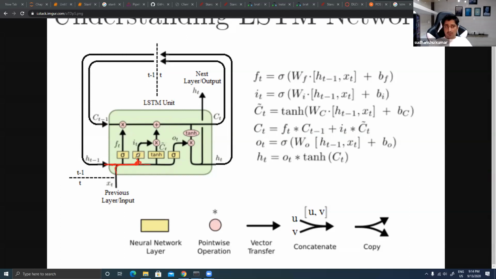So now what will happen here? Here we have a neural network, so it will give me some output. What output will it give me? The same as this FT. If you compare, we are able to get the same output; just the bias is different, depending on what kind of bias you have taken. So it gives me the same output as FT. It is taking HT minus 1 and XT, the previous input and the current input, multiplied by the weight.